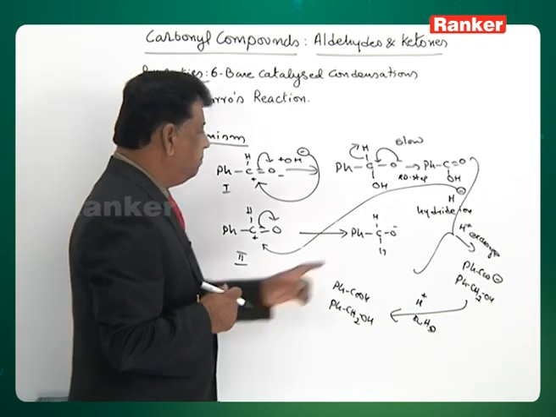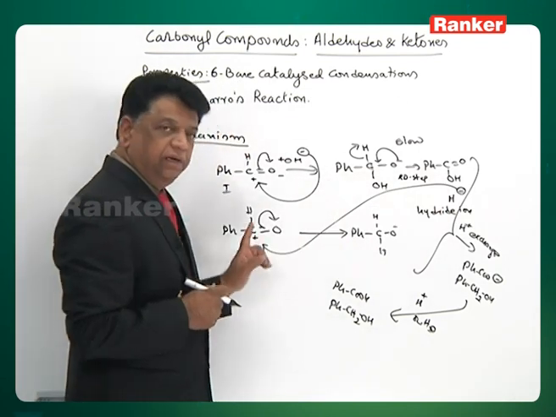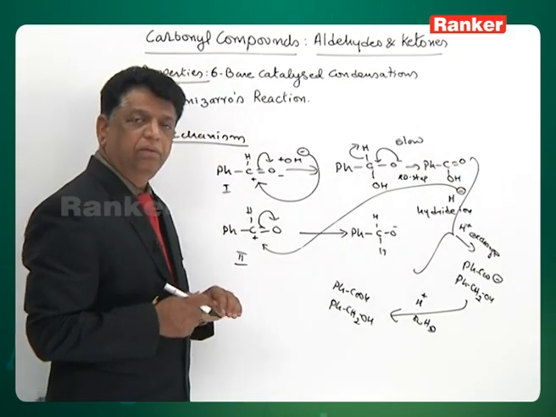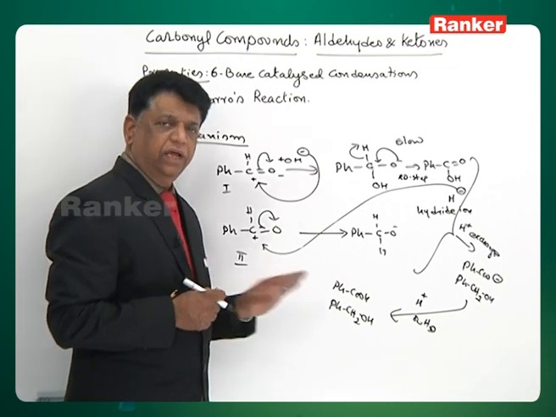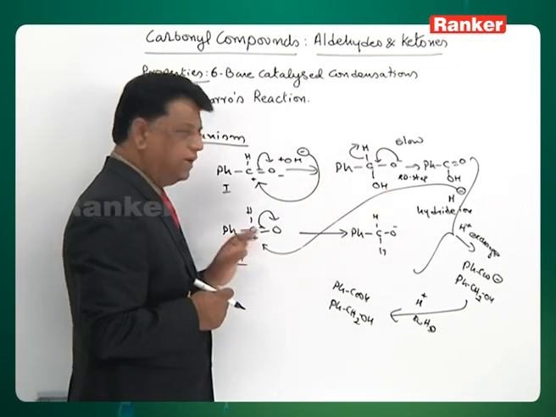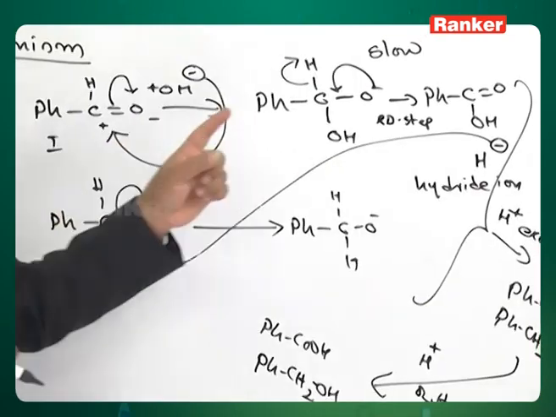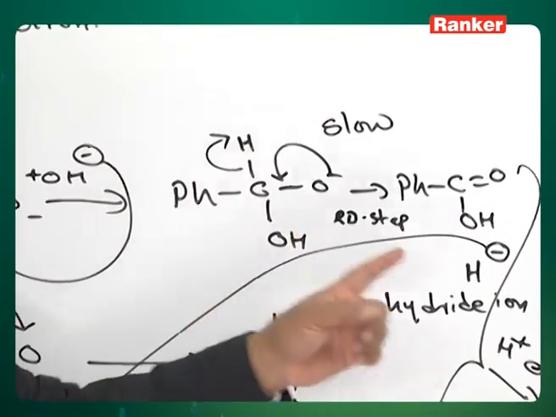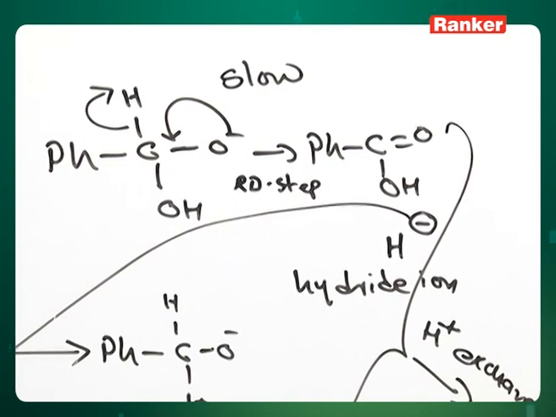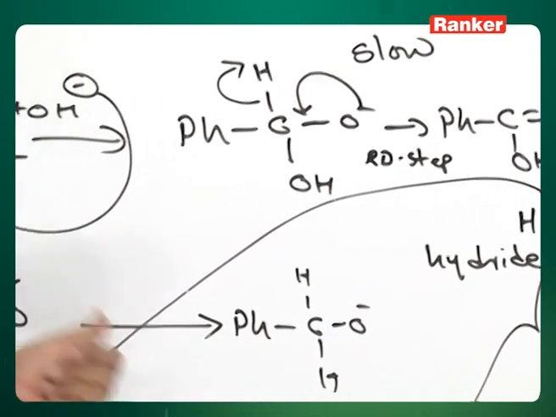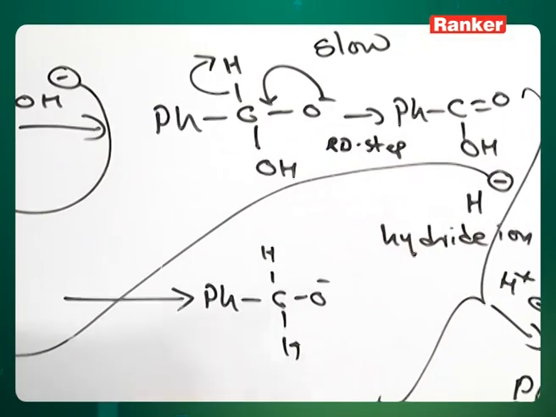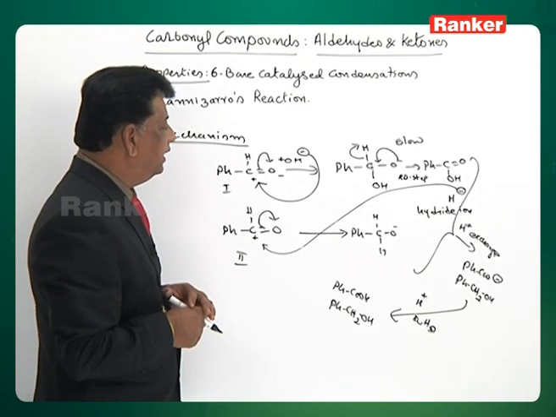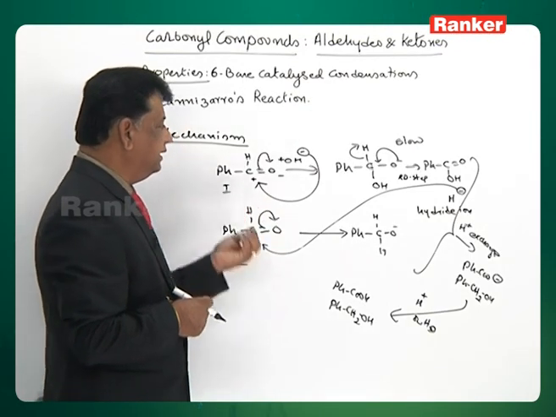Now, can you guess whether the H minus attacking on the C plus will be fast or slow? It will be fast only, because an ion attacking on an ion will always take 0 time, very spontaneous or instantaneous reactions. Only from this anion, a carbanion from this compound, hydride ion formation will be the slowest step here. That attacking will be again fast, and these are all just neutralization types of steps. Therefore, the RD step is very important to identify, that is hydride ion formation is the slowest step,